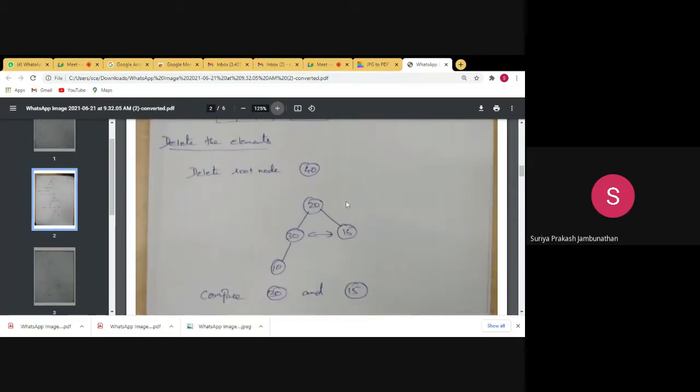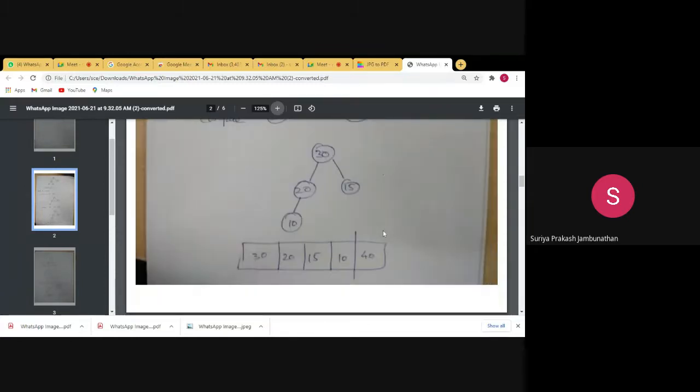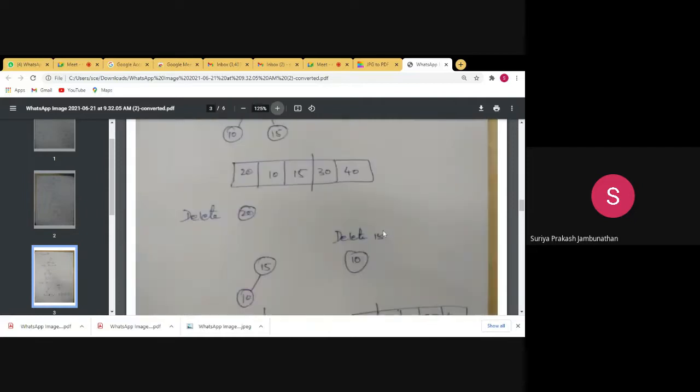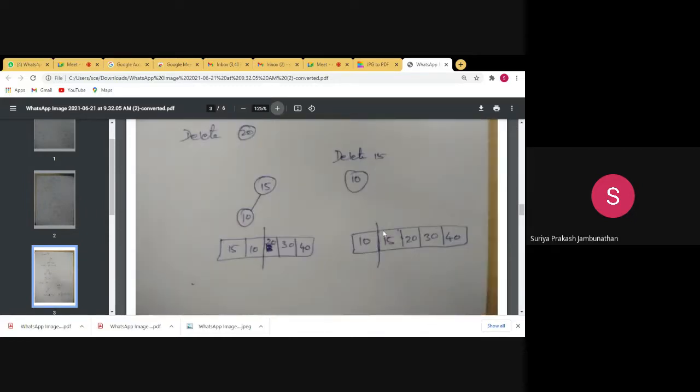What you have to keep in mind in the process is that you have to delete the root node. After deleting the root node, you have to bring the leaf node to the root and you have to compare the subnodes. This procedure has to be repeated again and again until before the last node. Okay. So you are getting a deleted heap and we have a single element in the heap. When you delete this particular element, it will become 10, 15, 20, 30, 40. This is the set of values after deletion of the heap.